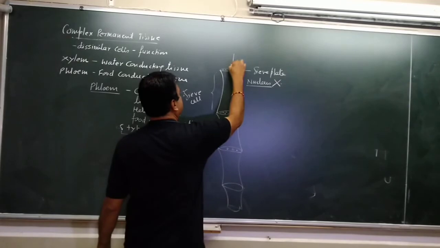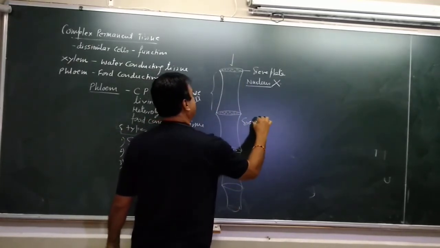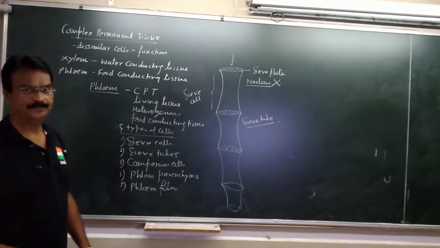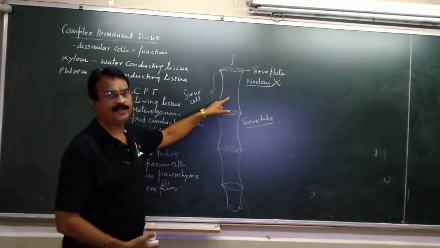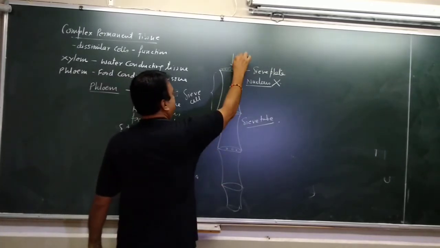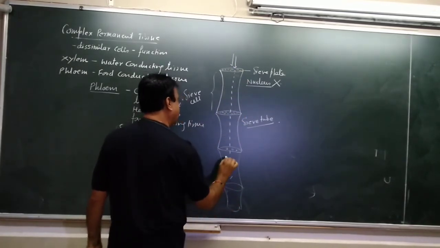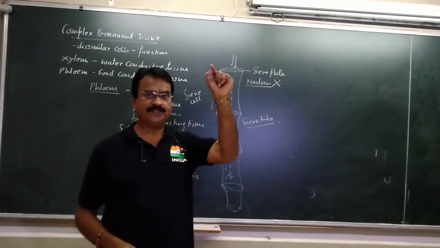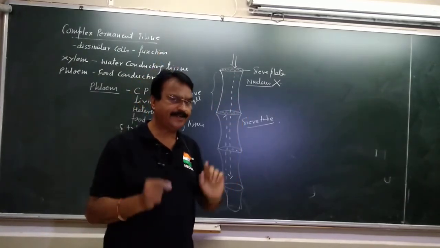And then there is a formation of a tube-like structure, and now this is called sieve tube. Single cell, sieve cell, or when they are connected to each other, it is called a sieve tube. And through this sieve tube, the food passes to the downward direction as well as to the upward direction, because the growing tips which are not preparing food, the supply of food will be from lower side to upper side.